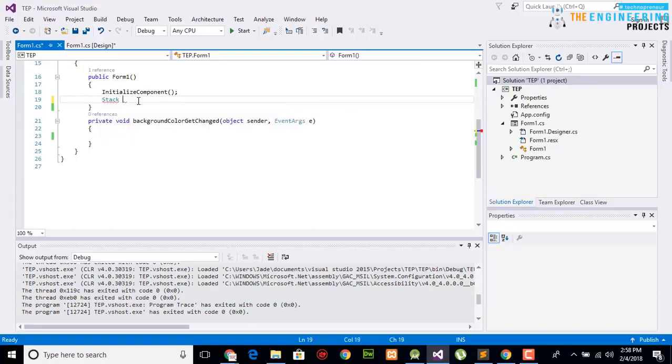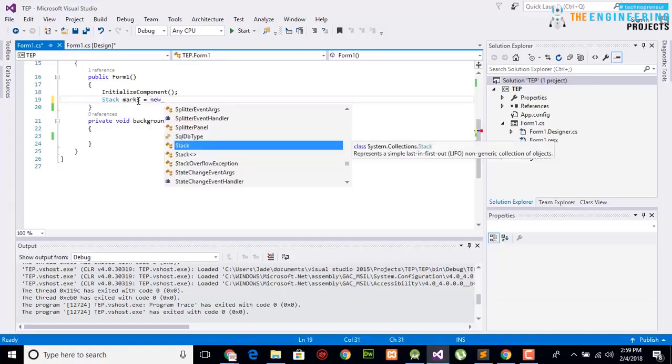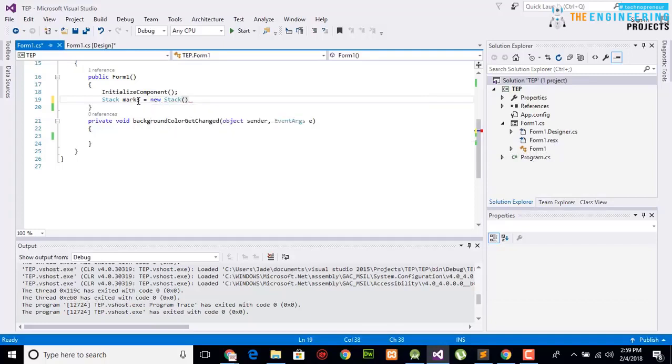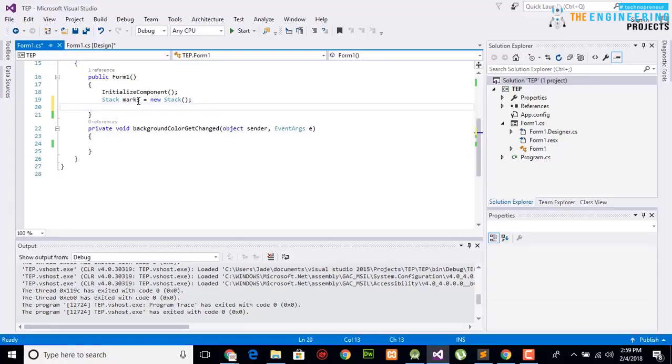Stack, and the name of the stack, for example, I will say marks is equal to new Stack parenthesis. Okay, so we have created a marks based stack, and we are going to insert data